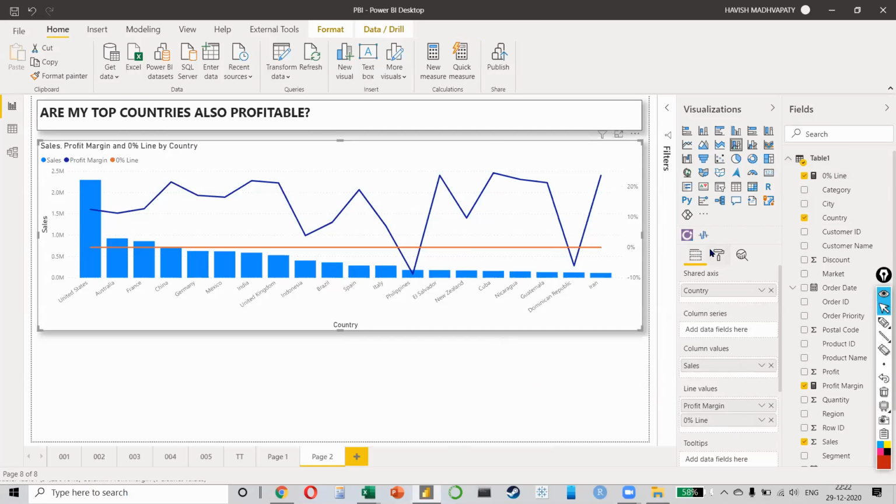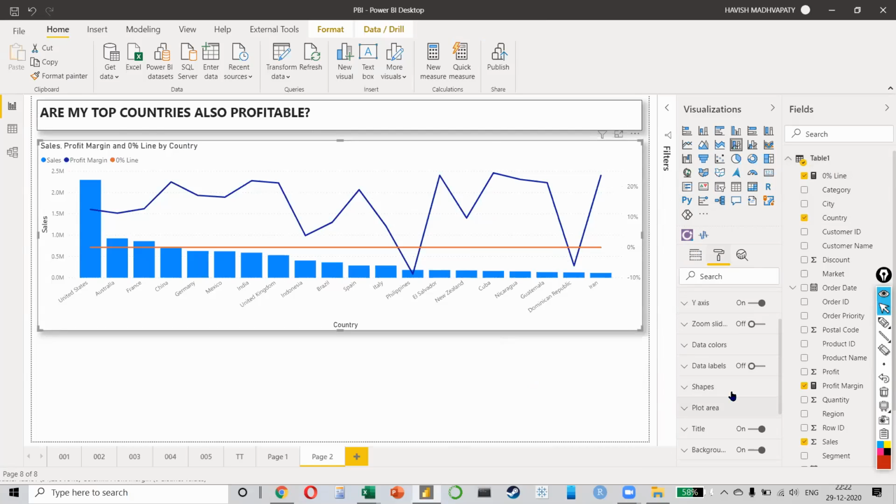Okay, now we want to go to formatting and select data colors. Everyone, data colors, right? And we want to go to this default color, which is for the column. But we don't want to change the color like this.